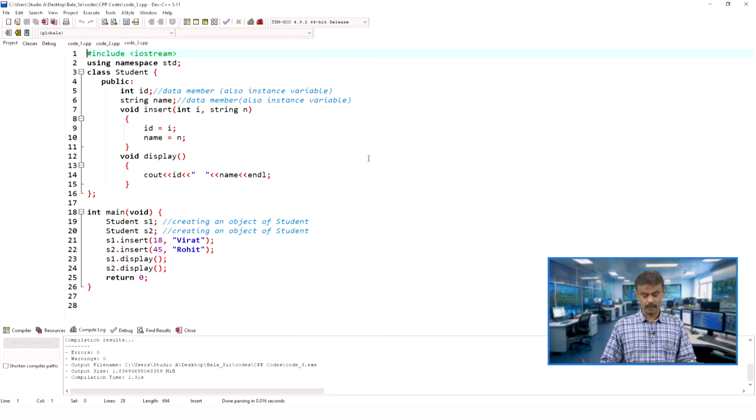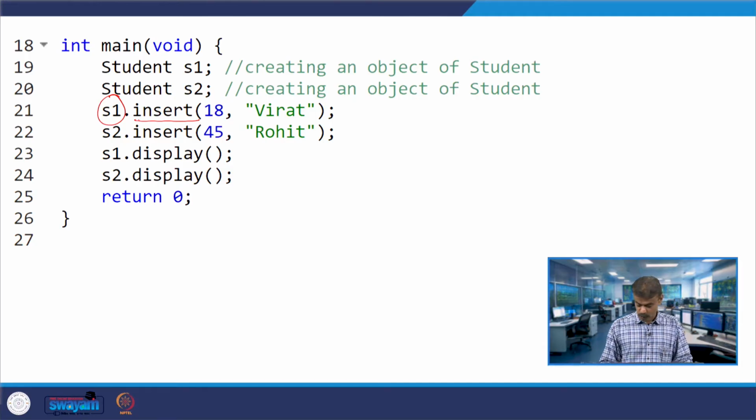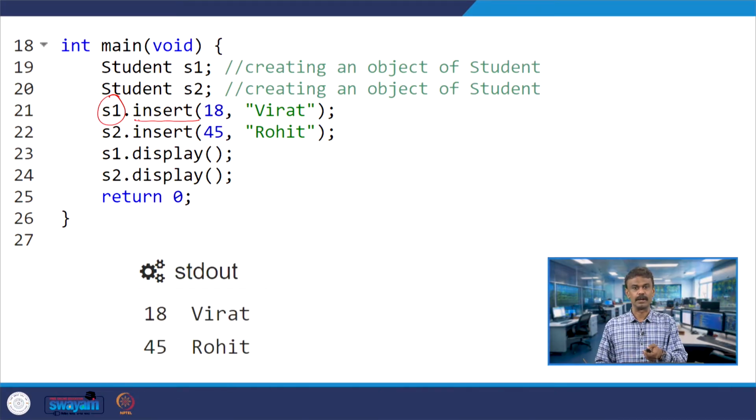In this program we have introduced member functions for the first time. Two member functions you have seen, one is insert, another one is display. Now you are more or less clear how to create an object and how it will access the member data that we had seen in the last class, and we have also run the code today. In this program we have seen how to write the member function and how the objects invoke those member functions. With this we will go to the next program.